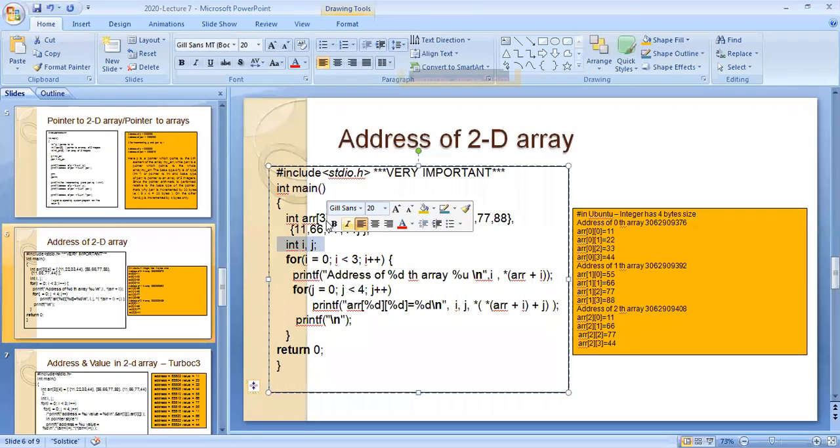What is this I? I will represent rows, and what is this J? J will represent columns. I want the address of each row, and also I want the location of each index of each element.